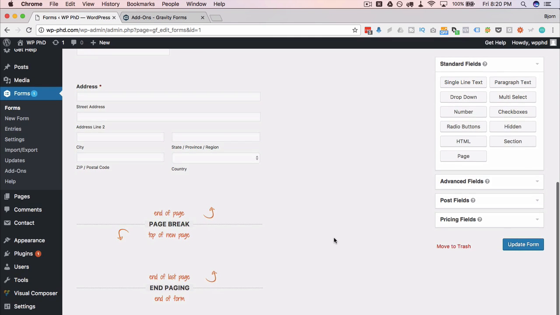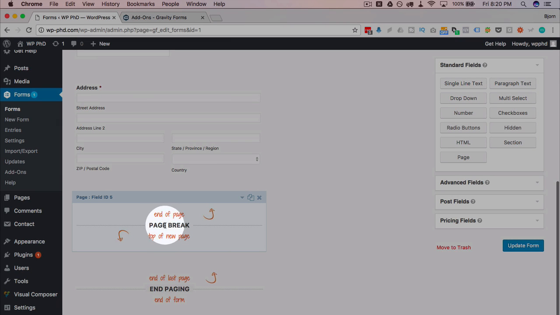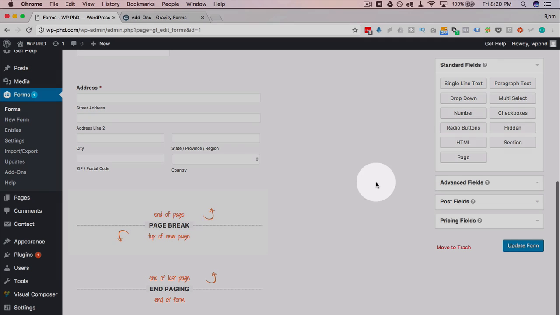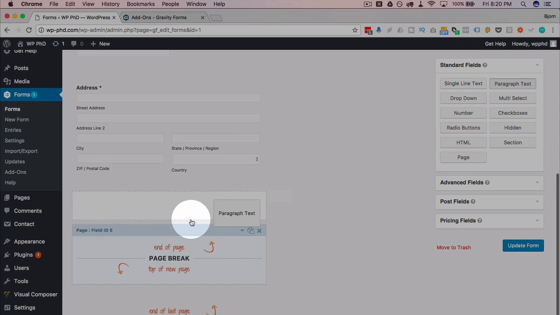And this is how easy it is to add a page break. There it is. So this box here says end of first page, is pointing up to the top. This is the top of the new page down here in between these two. So if we want to add in paragraph text,